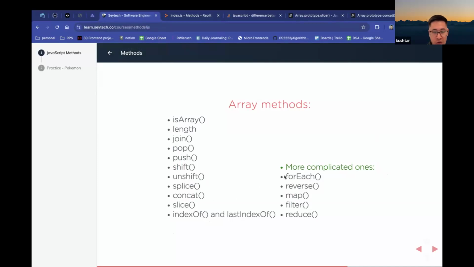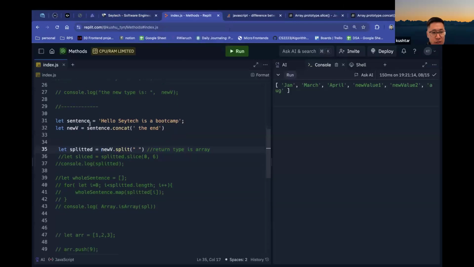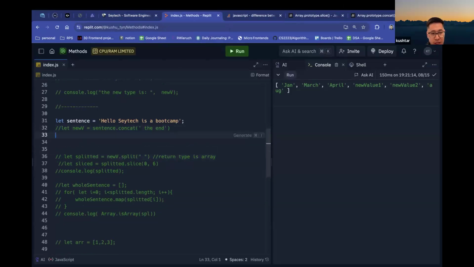For each is like a for loop. It will just loop, and it's used for objects for sure. Reverse, it just reverses. It's more straightforward. So let's say we have this sentence, right? Really quick, let me remove this. So if I say sentence dot reverse,